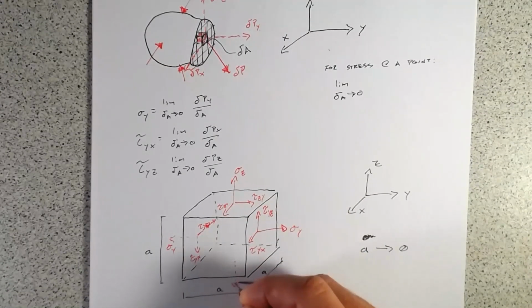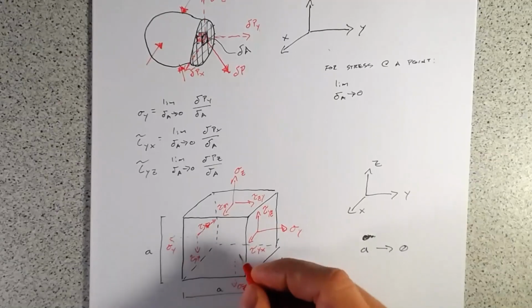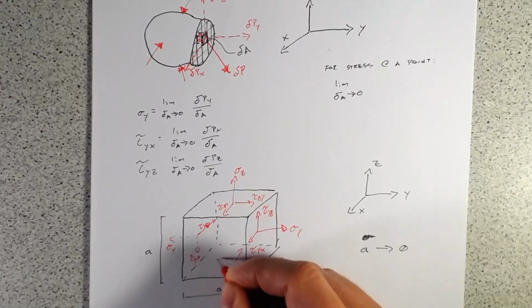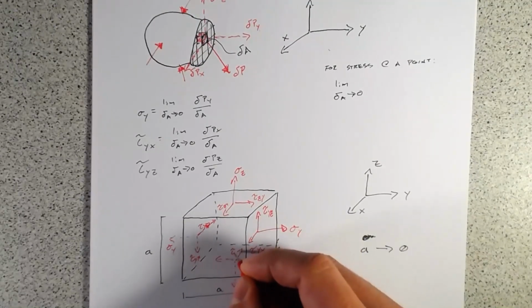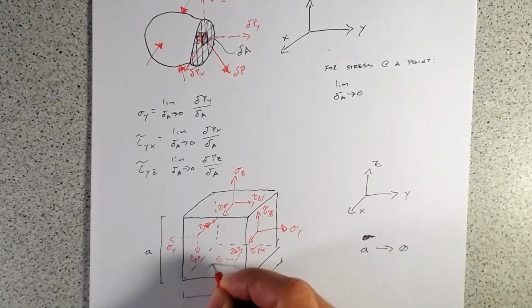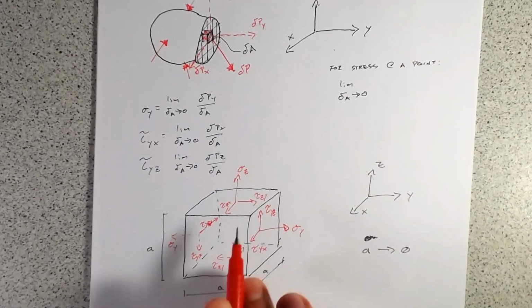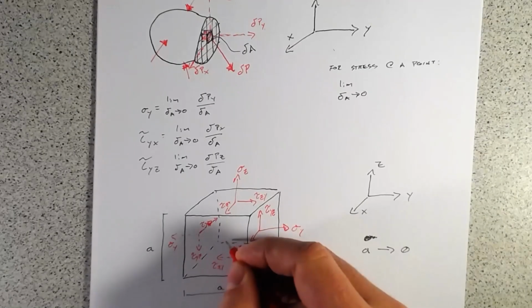On the opposite side, again, sigma z, and orthogonal, so that's going to be tau zx, tau zy. So that's 4 of our sides, and then the last place where we could have some stress